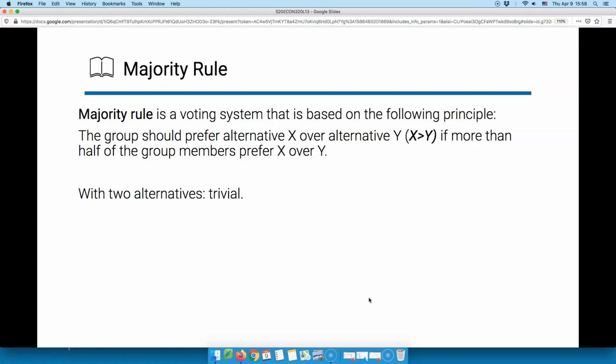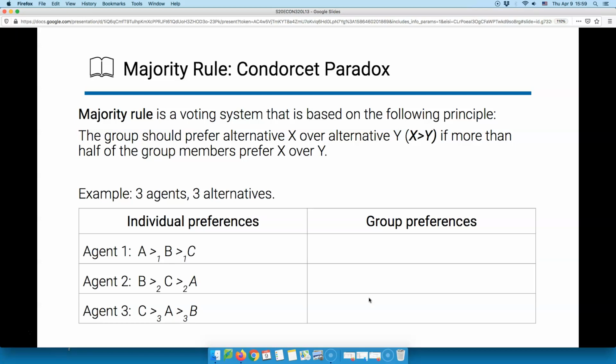That's how it works with just two alternatives. But if we increase the number of alternatives, any number above two, things might get tricky. Sometimes with many alternatives, you can still vote and still get a single alternative that gets more than 50% of the vote, and that should be fine. But in other situations, aggregating preferences using the majority rule will create problems. And so here's the idea. That's the simplest example that